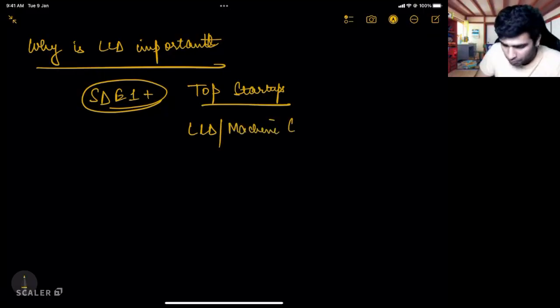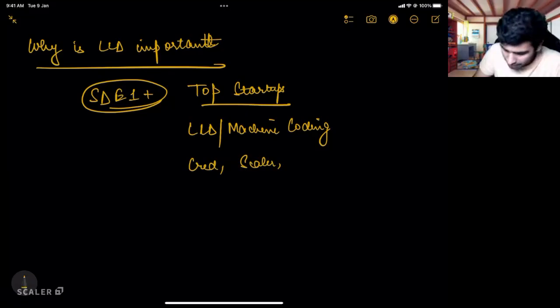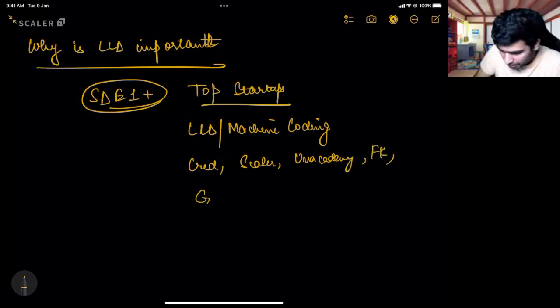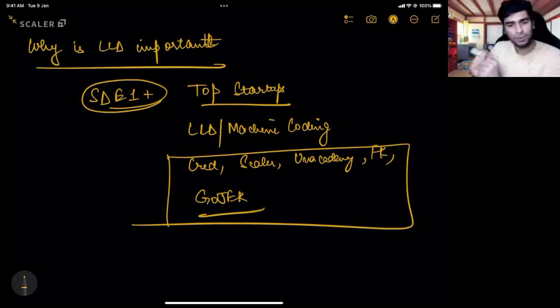For example, startups like Cred, Scaler, Unacademy, Flipkart is one of the best examples, Gojek, even for SDE1 you will have at least one LLD or machine coding round where they check these skills.